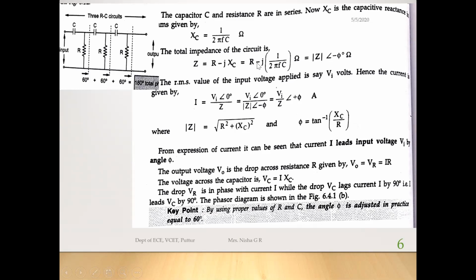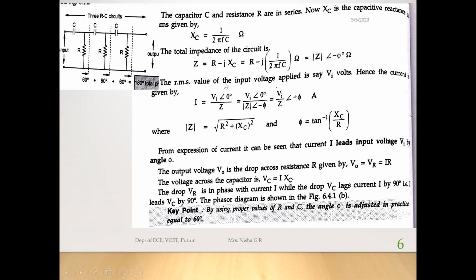Why minus? Because it is R minus jXC. So the phase shift will be minus phi. If it is plus, you will be getting plus phi here. But this is a capacitor, so it is minus phi ohm. So when you calculate the RMS value of the current, what is the equation?